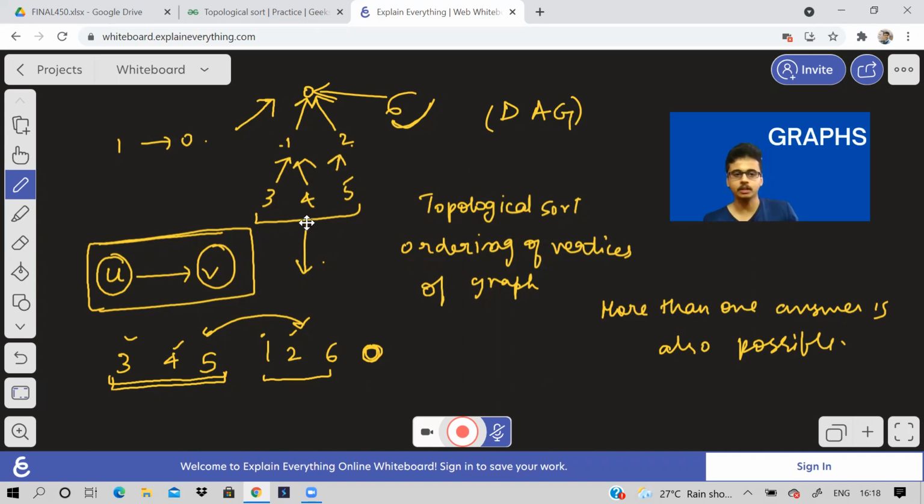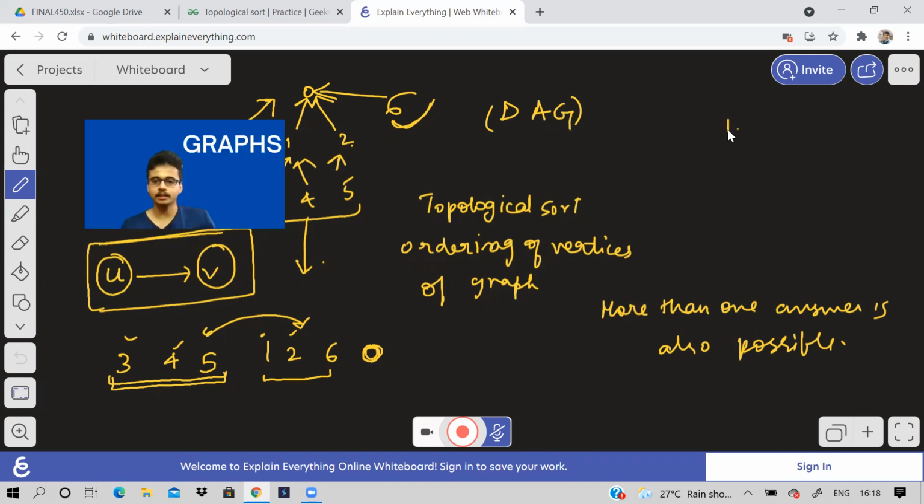For example, if the graph is like this, then you can't start ordering the vertices because you don't know from where you will start. If you say I will start with 1, but I will say that, hey, if you put 1, then you should put 2 before 1.